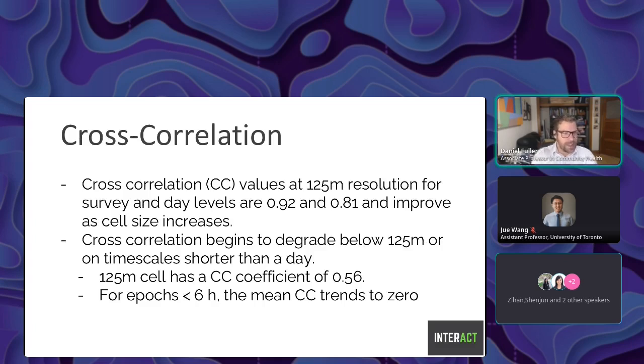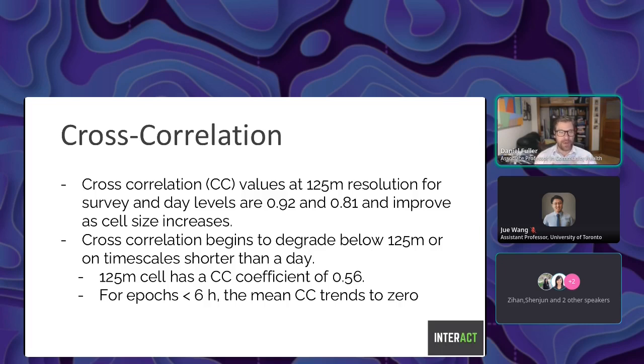Okay, just to give you a sense of the analysis. So spatial cross correlation values, and I'll show a figure in a second. For the spatial cross correlation analysis, the spatial cross correlation values at 125 meter resolution, for the entire time period and the day levels were 0.92 and 0.81, and the correlation values improved as the